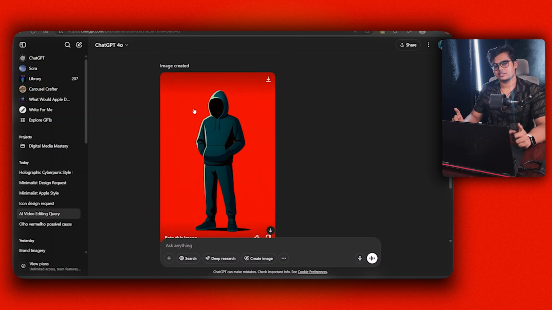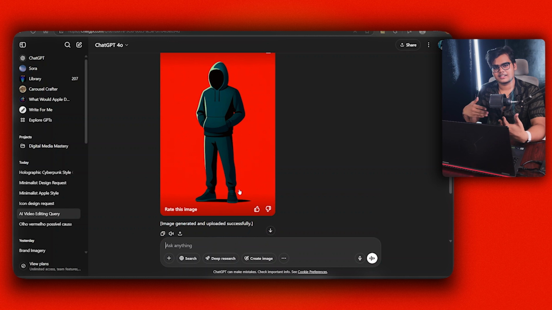One thing that I noticed with ChatGPT is that in the process of removing backgrounds, it sometimes messes up because of the colors. It sometimes will remove the dark parts of your image. So I would recommend that if your image is really dark and is messing up, you can use Photoshop